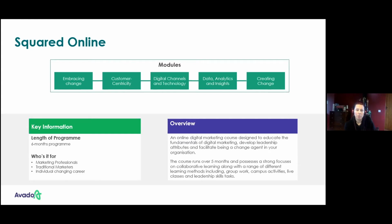a real mixed group for the first group. So people who are quite new to their digital marketing journey, as well as those people who are far more established. The nature of the way in which the program is created around group work as well as individual work, and those groups being global by nature, means that everybody at those different levels gets a real value out of the program. So I think it really is both it can be sort of the first stepping stone around digital marketing, but it can also have real leadership opportunity depending on where you or your employees may be in their